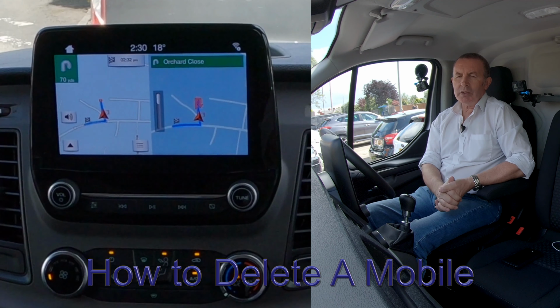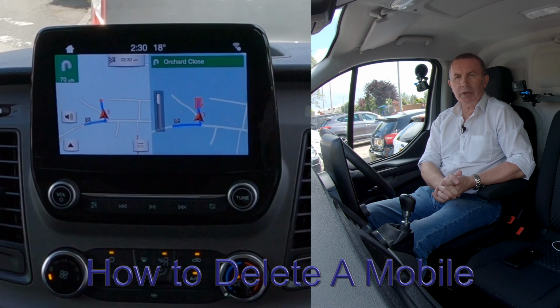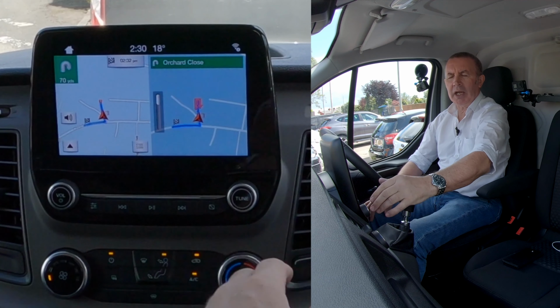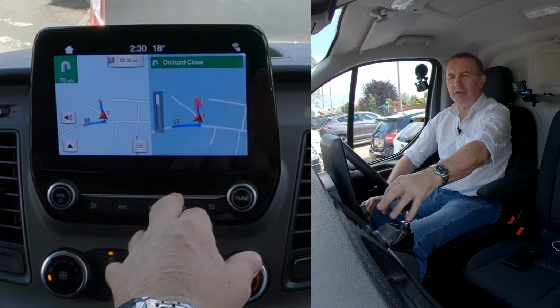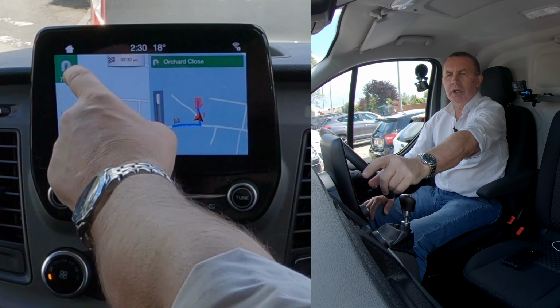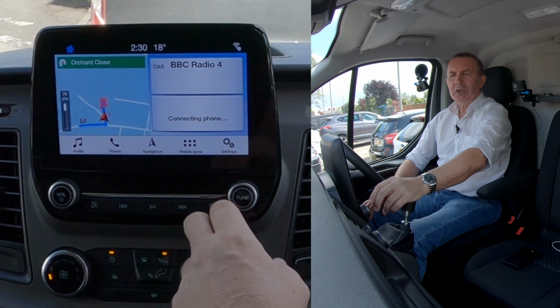Okay, I'll just show you how to delete a mobile from the Bluetooth audio system in this 2019 Transit. You'll see there you've no screen, you've no buttons, you've nothing along here like you normally have for nav and so on. So the picture of the house up here in the top corner, if we click that goes back to the